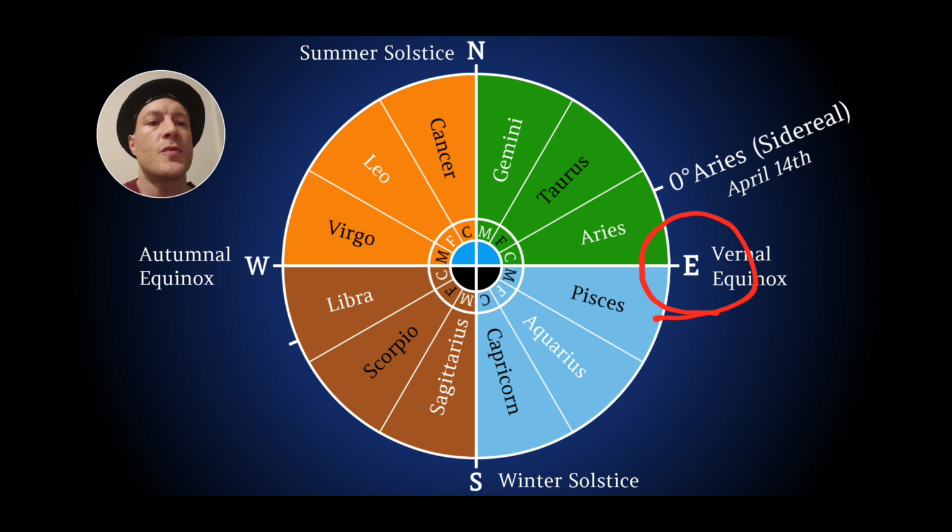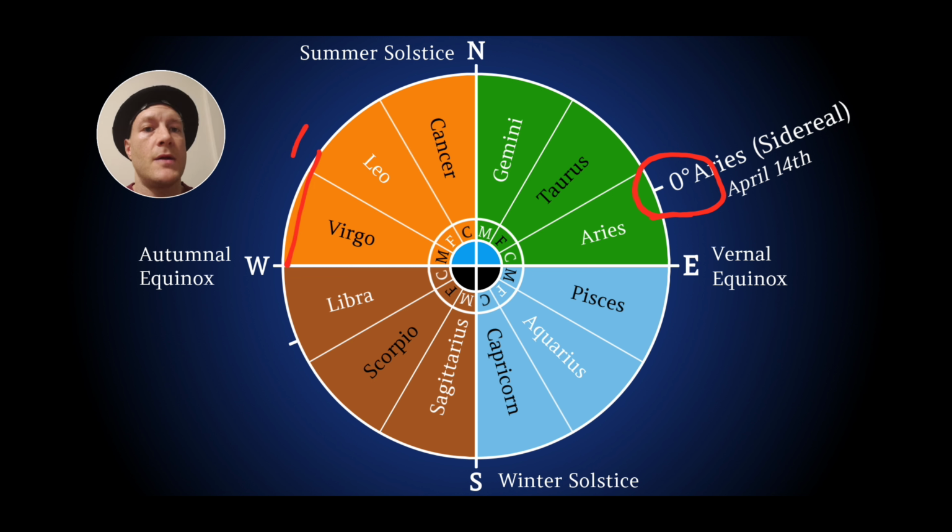We're just language building and showing how the tropical signs are connected to the seasons and how the seasons are associated with the signs, but not exactly the signs themselves. Okay? So 0 degrees Aries really begins right here when we're almost in Taurus. And this will continue to shift away from the seasons. And then once it gets about right here,